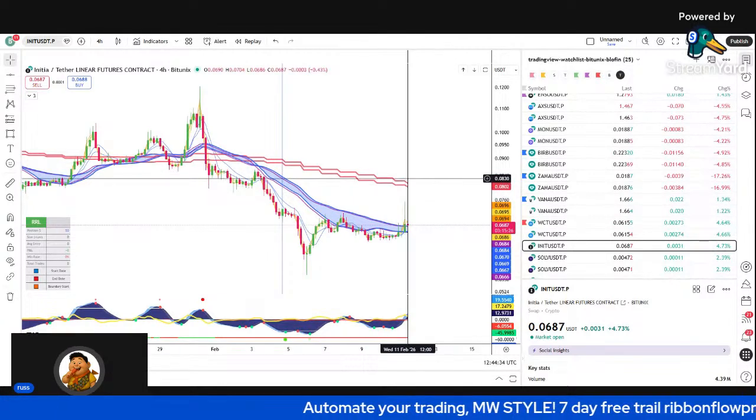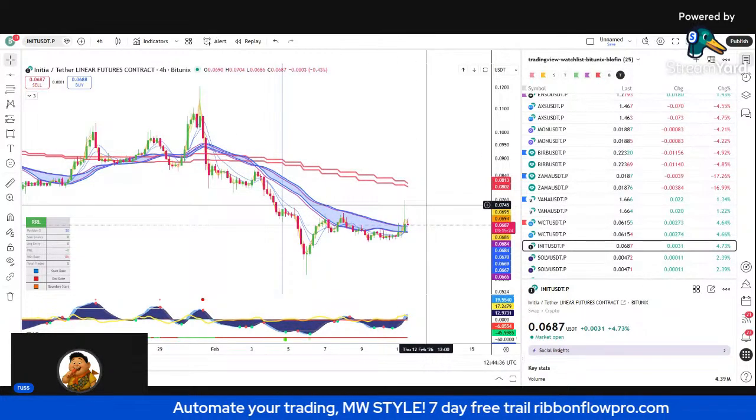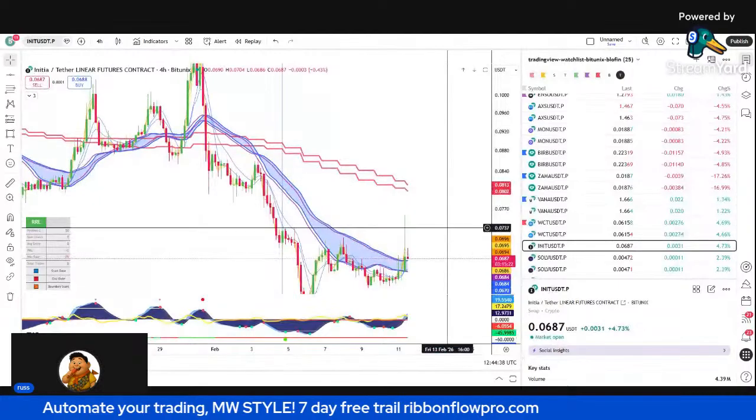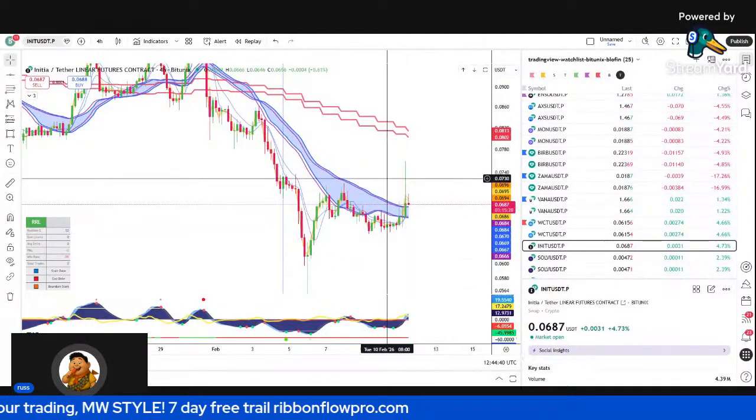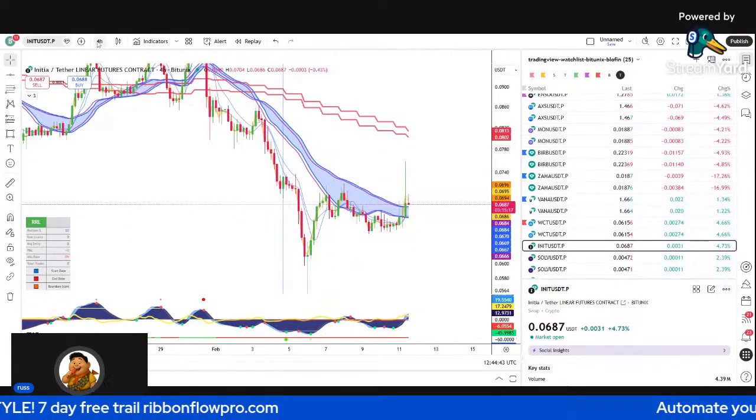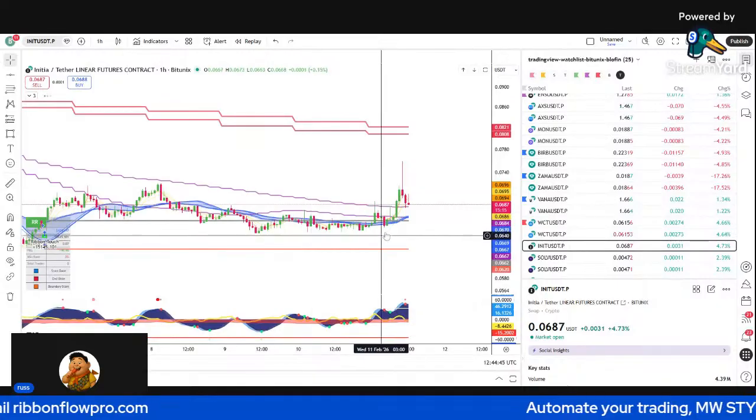Okay, this one's got potential. This one does have potential because it's closed above the 4 hour. It wicked up very hard, and now it's coming back to test the 4 hour. However,